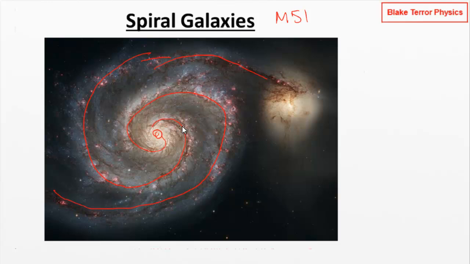And this is what the spiral galaxies look like. But of course, we're just seeing the visible matter in here. And you get some galaxies where you see them side on, things like the Sombrero galaxy. Actually, I don't think I'll put a picture of the Sombrero galaxy in here, but you see that a bit more side on, where you see a bulge in the middle. So you've got this disk with a bulge in the center. Then you think, oh yeah, okay, well, this is how the matter in this galaxy is distributed. But not so. There's a lot more matter distributed in a spherical shape. This is just not all visible to us.